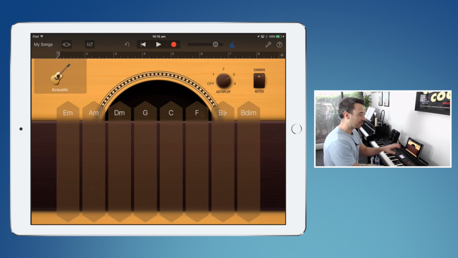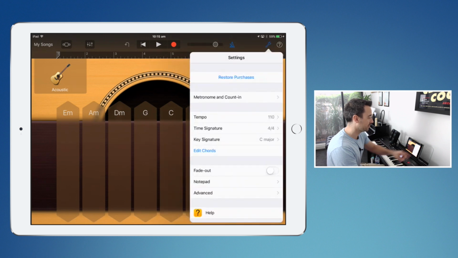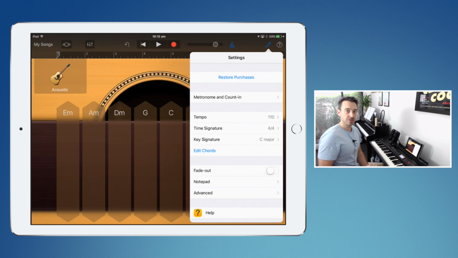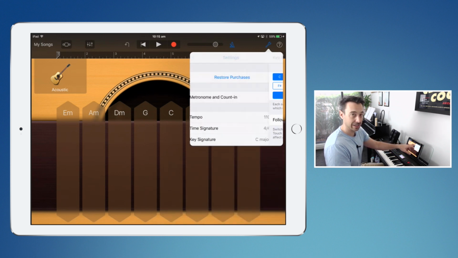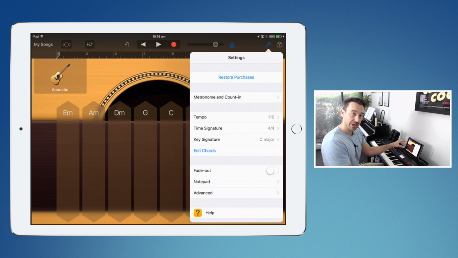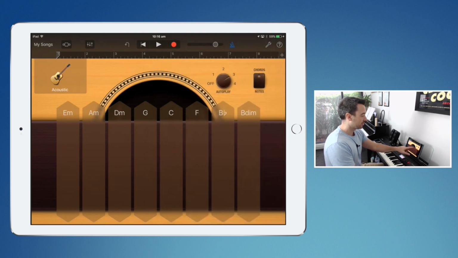All right, so let's go through some of the other settings before we hit record. If I choose the spanner icon near the top right, you've got information now about the key. If you're going to be using chords, then you need to make sure you're in the right key. I'm going to be demonstrating this in C major, but if I click key signature, I can choose a number of other key areas that I'd like to work with, and that will change the chords that show up. The chords, of course, are the ones that you'll find in the circle of fifths,